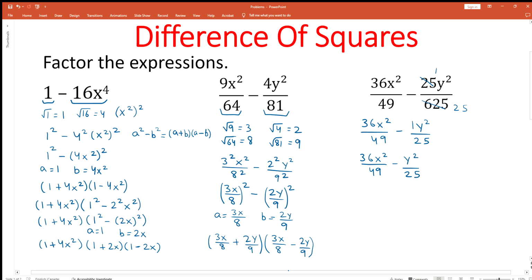This expression is made up of two terms, 36x squared over 49 and y squared over 25. These two terms are being subtracted. So if we can write these two terms as square terms, then we can use the difference of squares factoring method to factor this expression. The square root of 36 is 6. Square root of 49 is 7. Square root of 25 is 5. The x and y terms are square terms, so we can rewrite this expression as